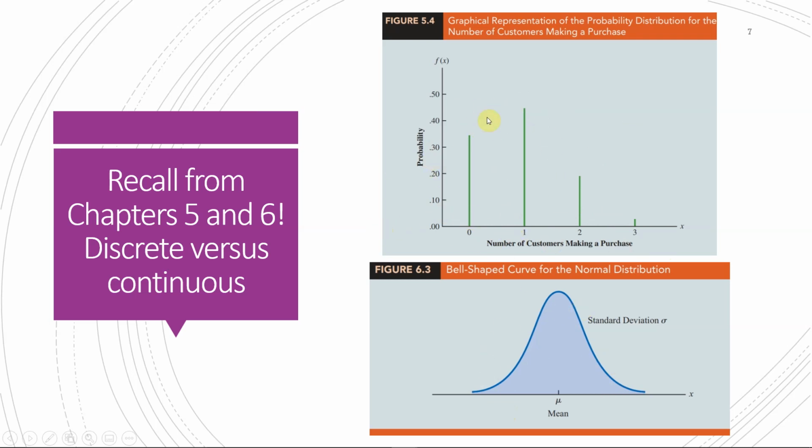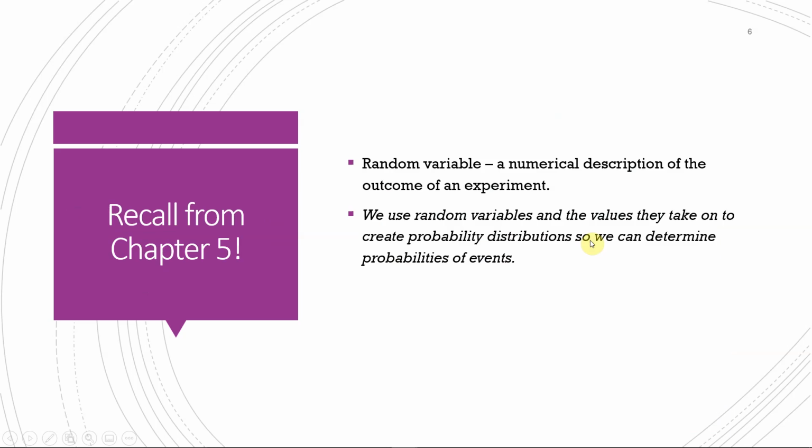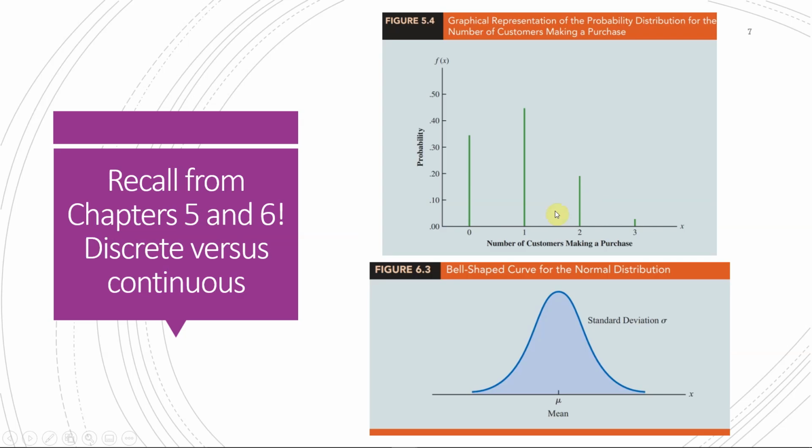So that's the whole idea that we're building up to in this chapter. We have this random variable x. Remember, random variable x is just a numerical description of the outcome of an experiment. Working with discrete variables, I think that's a little bit easier. You have outcomes 0, 1, 2, or 3, and then we assign some numerical description to them. We calculated their frequencies, and from that, the relative frequencies, which helped us understand the probabilities. We put all those together, and it created our probability distribution, which we could use to calculate the probability that, say, 2 people make a purchase, or at least 2 people make a purchase. So that's the idea behind the probability distribution.